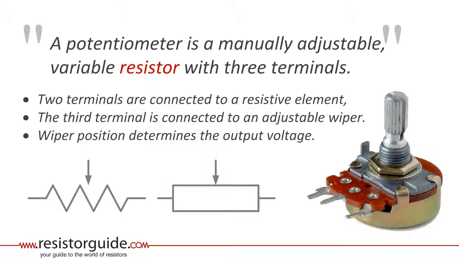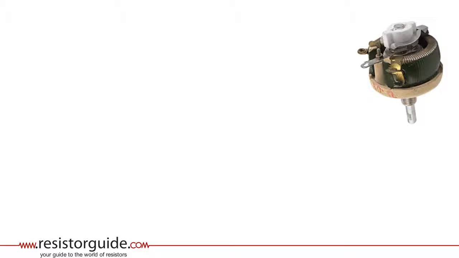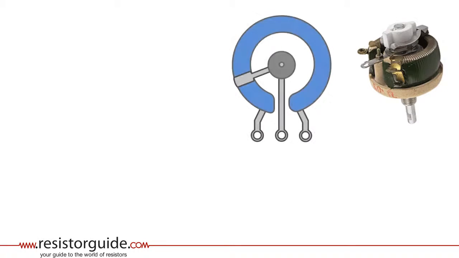These are the symbols used in circuit drawings. Left is the American standard and right the international one. Here you see another example of a potentiometer, and I will explain more in detail how they function with this